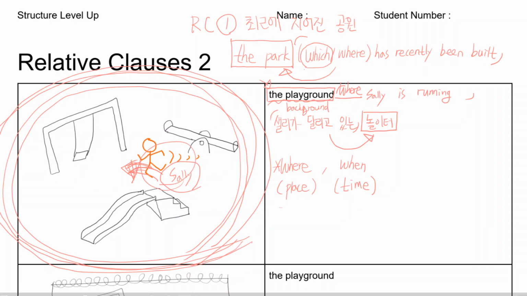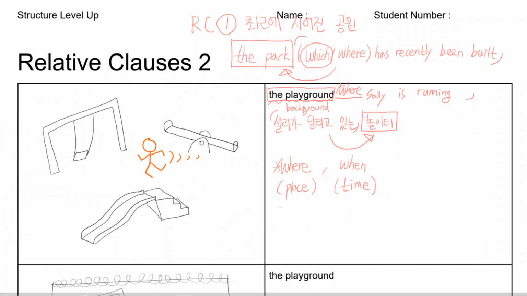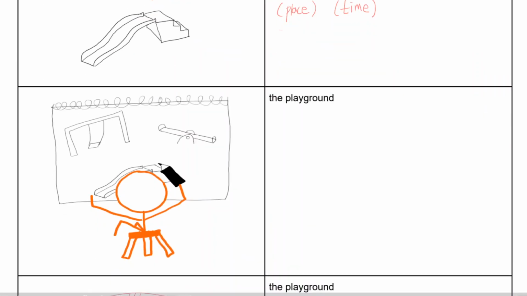Okay, don't get confused though, because even if the noun means the place, it doesn't have to have where. Sometimes, we're going to talk about it in the next picture. Okay, all right, let's move on. Now we have the next picture. Here, Sally, she's still Sally. Sally is actually drawing the playground, right? Sally is drawing the playground. So what we want to say here is 셀리가